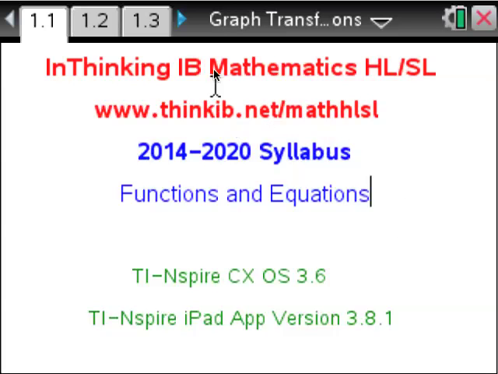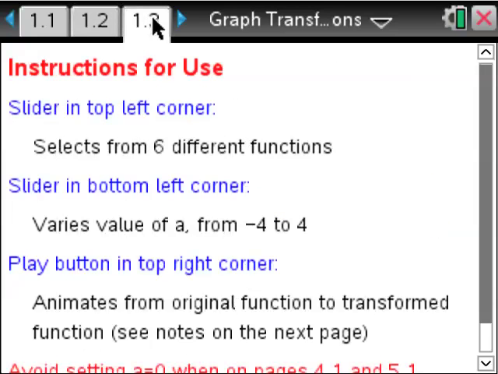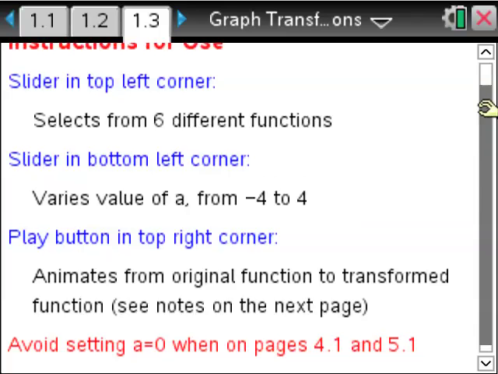This document links to the functions and equations topic of the IB Maths syllabus. It looks at the whole process of graph transformations, and on each of the subsequent problems you can explore each of these different types of graph transformations, and you can also look at reflections in both the x-axis and y-axis on pages 4.1 and 5.1. So on page 1.3 it gives you a whole load of information about how the sliders all work,